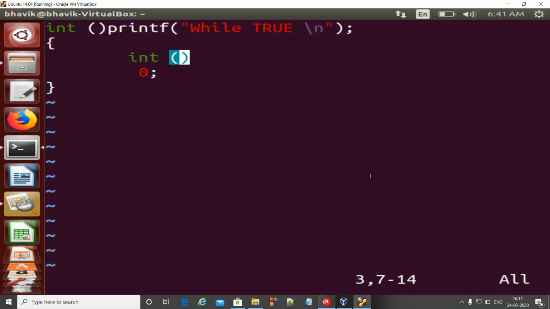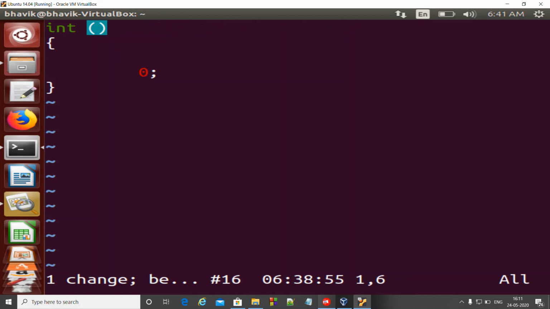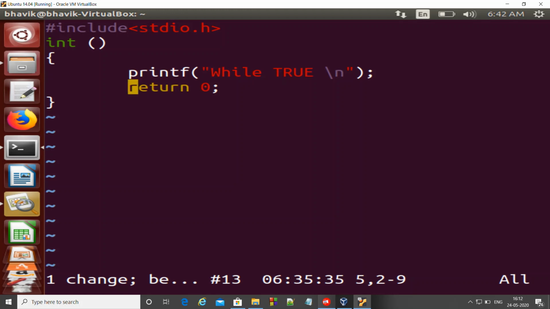Suppose you edited the contents by mistake and you want to go steps back. It is very simple. You just press escape and then U. Pressing once will take you one step back, and pressing it again will take you two steps back. In this way we'll go to our original code that we had written. We'll keep on pressing U. So here we are, back to the original content.